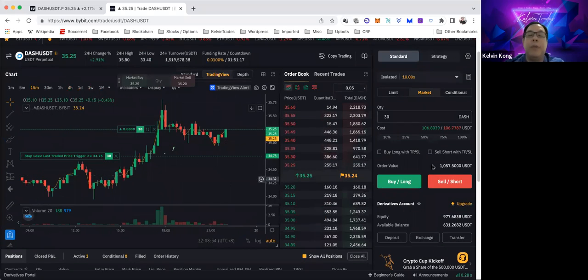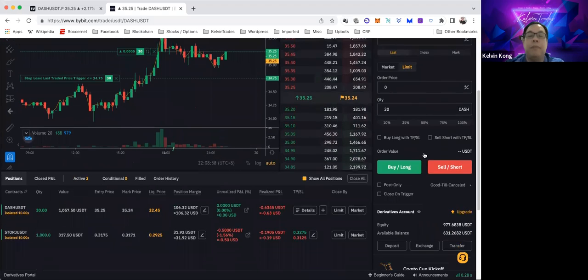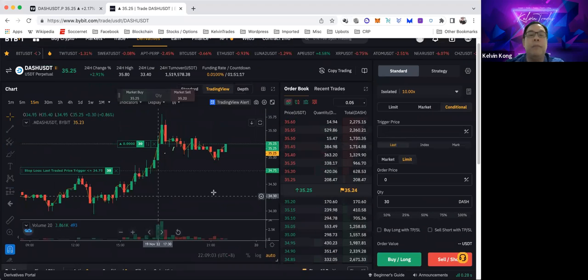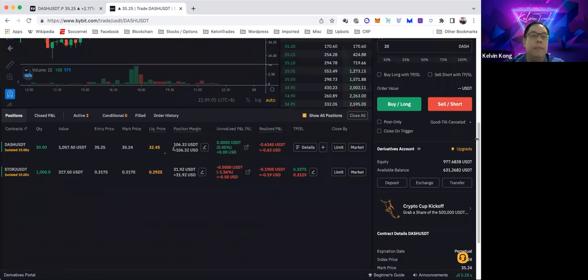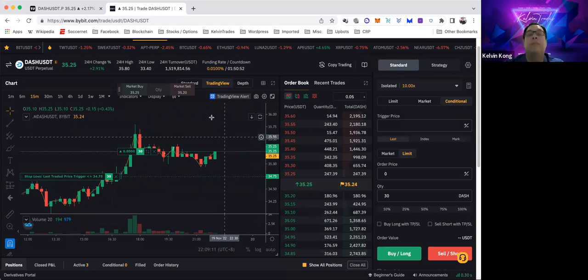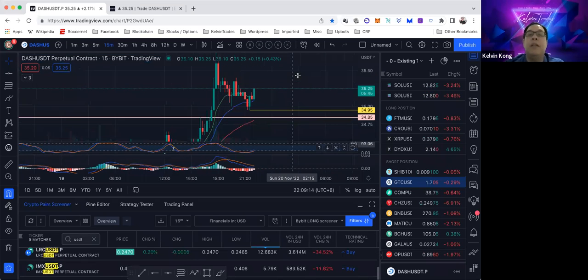Now we want to take profit. We did not set a take profit. We want to set multiple take profit targets, TP1, TP2, TP3, for example. So let's assume my TP1 is